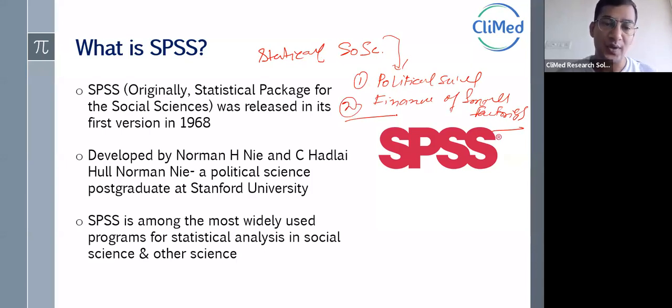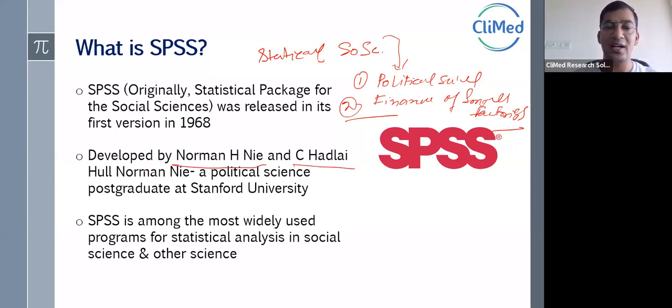In the USA, it came into existence through two postgraduate students of Stanford University, to solve analytical or financial issues, like adding numbers to get averages, a little bit of frequencies and distribution, and very basics of financial analysis. And for political parties, to check how many votes are coming from females, males, different districts or different states. So to analyze the voting formats for political parties and to check the finances of small businesses in the USA,